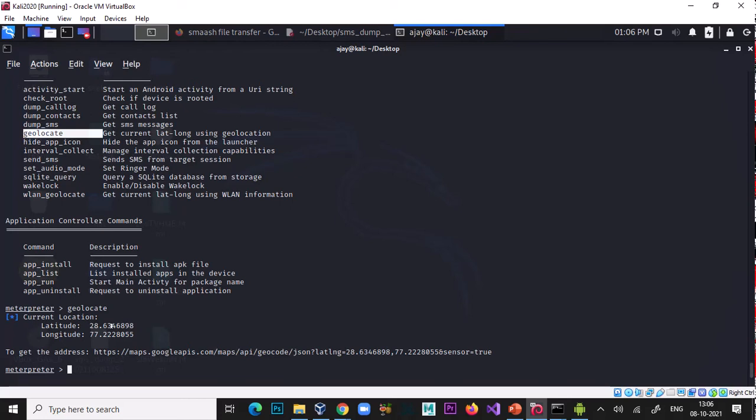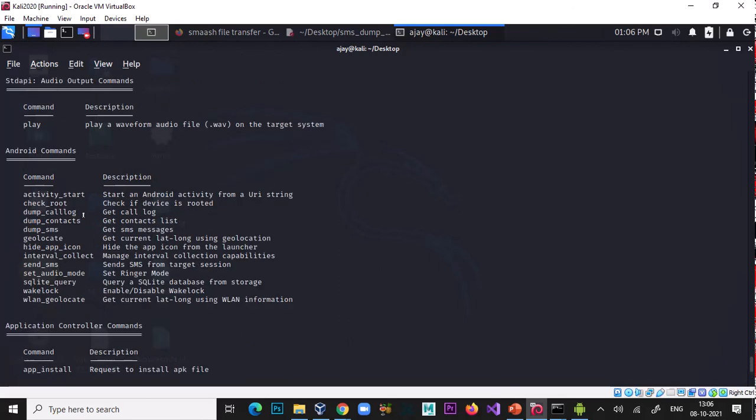Okay, so you can easily know the location of that phone. Just type that longitude and latitude into Google Earth.